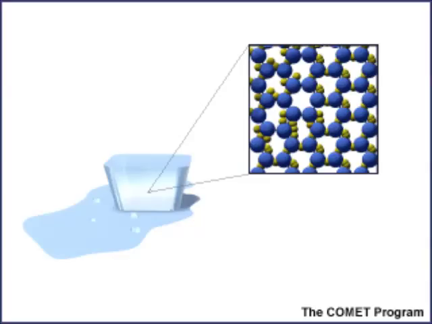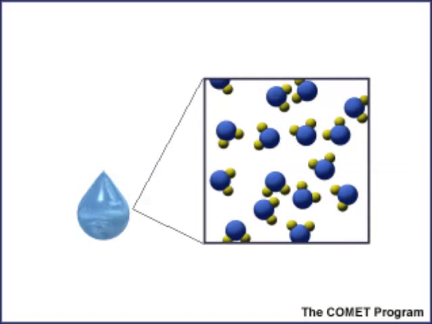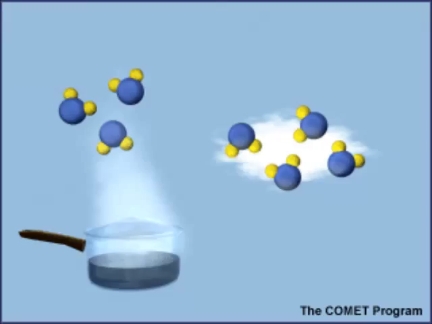So, when water is ice, the molecules' only motion is vibrating due to a lack of heat energy. When ice is heated up, more energy allows molecules to not only vibrate, but also rotate and slide past each other, allowing the water to flow. When the temperature is higher, the higher energy levels allow molecules to move even more freely and become free of that liquid, turning into water vapor.